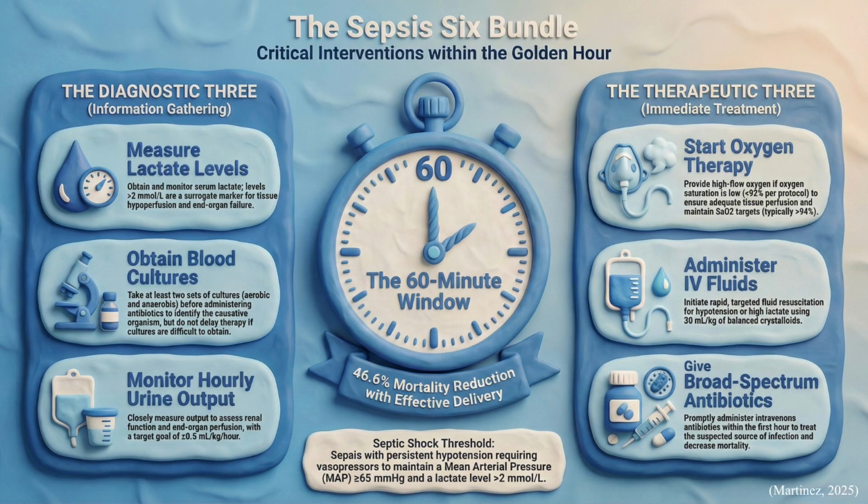For this slide, the Sepsis 6 bundle outlines a set of evidence-based interventions that should be initiated promptly once sepsis is suspected. These include administering oxygen, obtaining blood cultures, giving IV antibiotics, starting IV fluids, measuring lactate levels, and monitoring urine output. The goal of this bundle is rapid recognition and immediate treatment to reduce progression to septic shock and